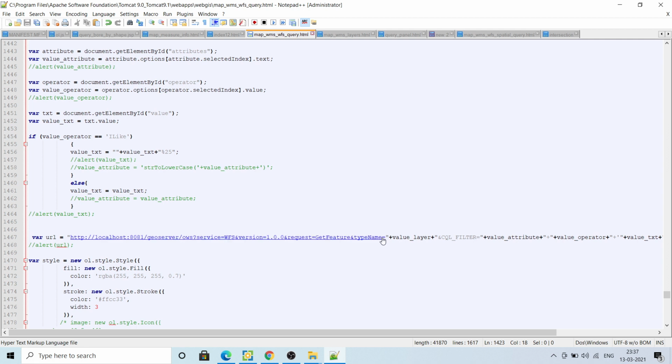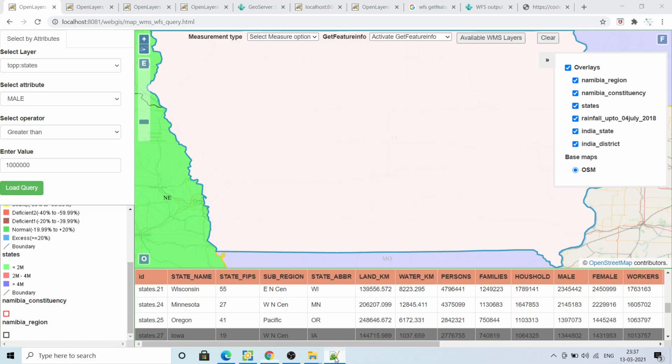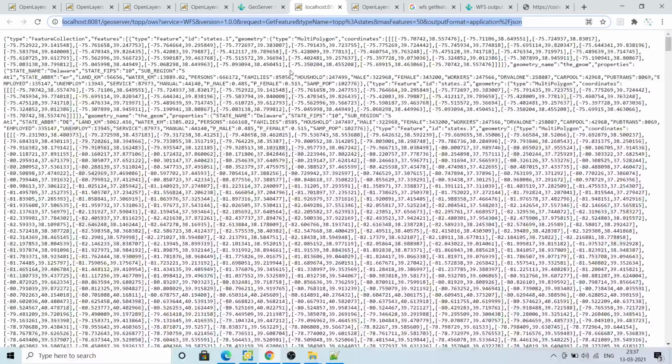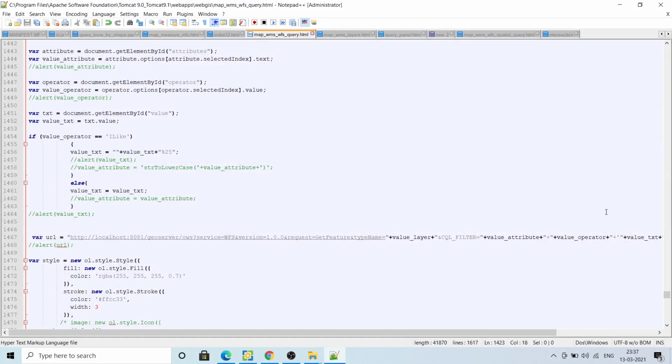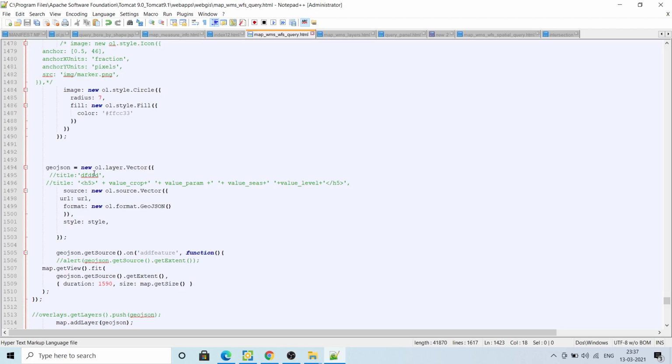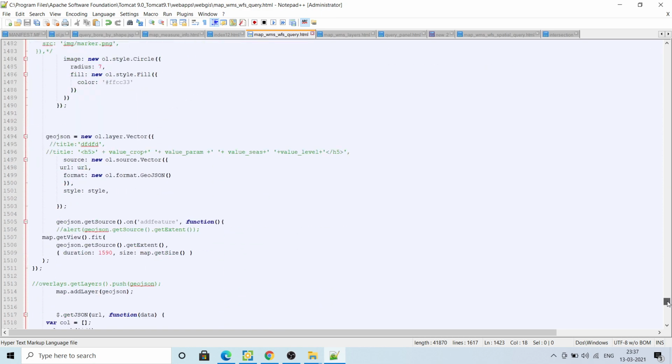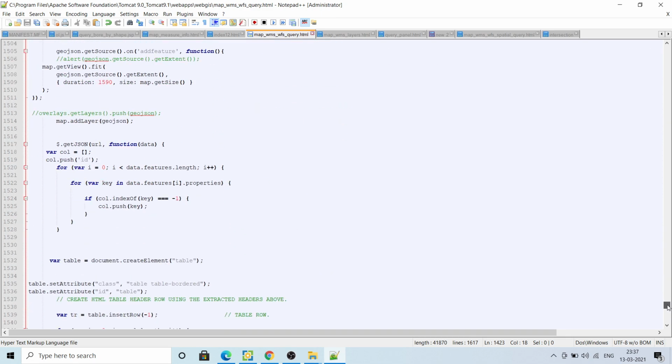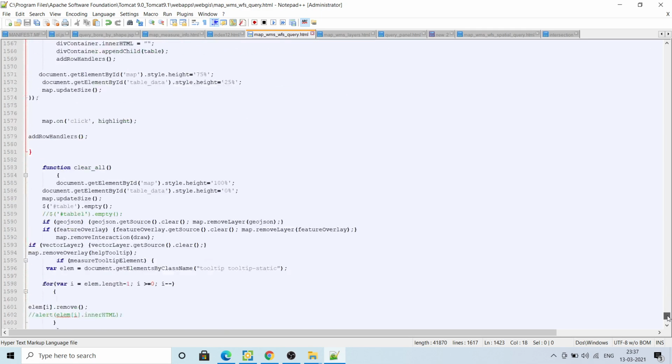So it is going to the GeoServer and then getting the data back in GeoJSON format, and it is reading this GeoJSON using OpenLayers, the GeoJSON vector layer URL means this URL variable, and then it is adding to the map and zooming to that. So this is the query function.